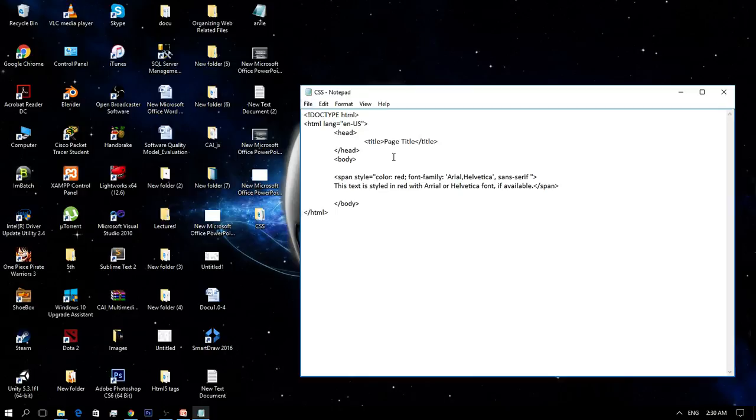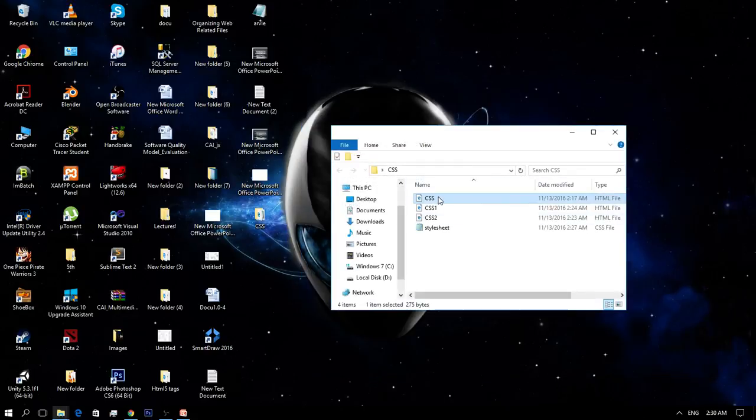Create a new file in an HTML format, then add the style here in your span to make a design in your text. When we open it in a browser, that's how it looks.